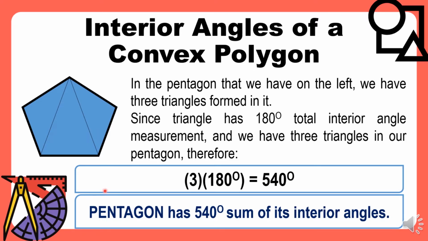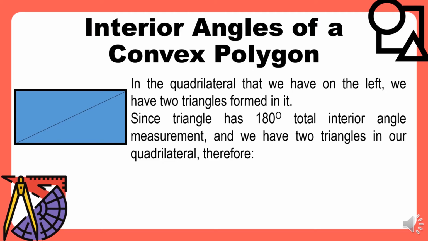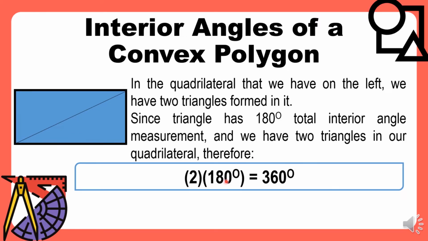Magaling! Dahil ang isang convex pentagon ay may 3 triangle tayong mabubuo. Ang isang triangle ay may kabuuang sukat ng mga interior angles na 180 degrees. Kaya 3 triangles times 180 degrees is equal to 540 degrees. In the quadrilateral that we have on the left, we have 2 triangles formed in it. Since triangle has 180-degree total interior angle measurement, and we have 2 triangles in our quadrilateral, therefore, 2 times 180